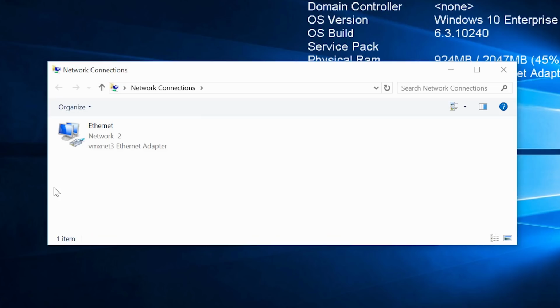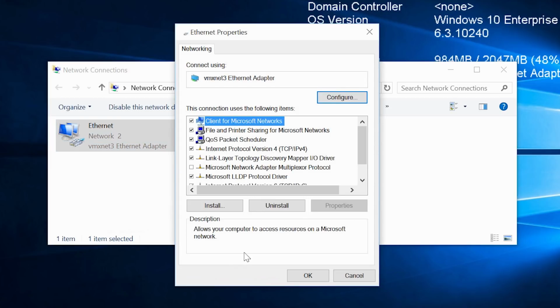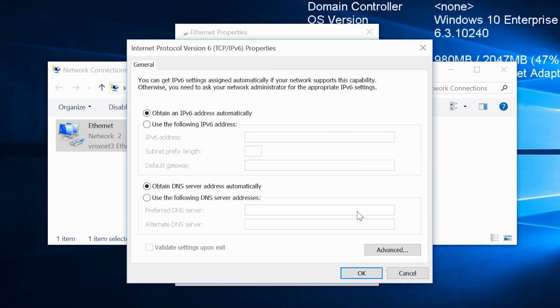There is one network adapter on this computer. I will right-click on the network adapter and select the option Properties. From Properties, I will next scroll down and select the IP6 protocol. Notice that protocol is ticked and now enabled. Unlike protocols such as ISATAP, the IP6 protocol needs to be enabled. If I now press the Properties button, you will notice that the IP address and DNS servers are configured to